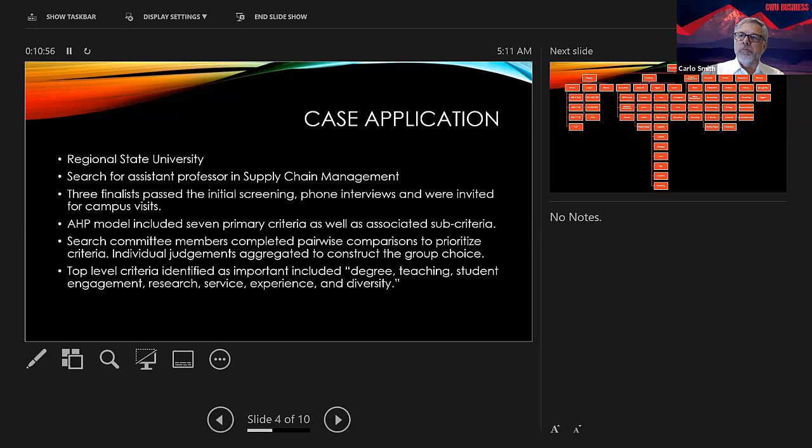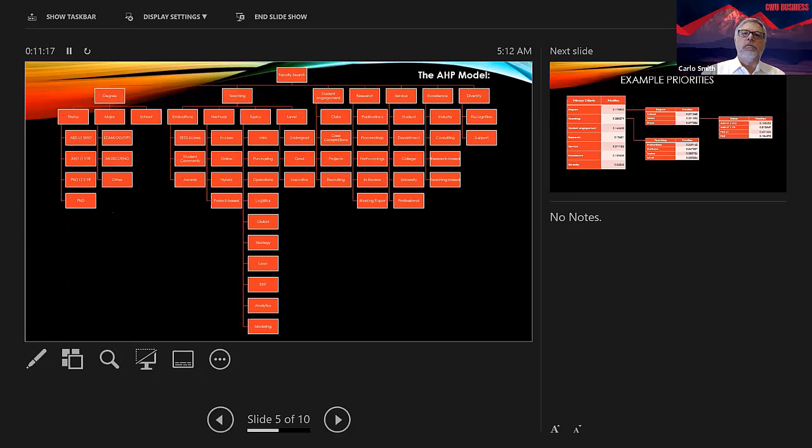The search committee members completed a pairwise comparison prior to the search reviews with the candidates. And then we also integrated and reviewed those together to make sure that there was some commonality in how we were looking. So the top 5, and I'll bring them up here, it's kind of like I said, a bit of an eye chart.